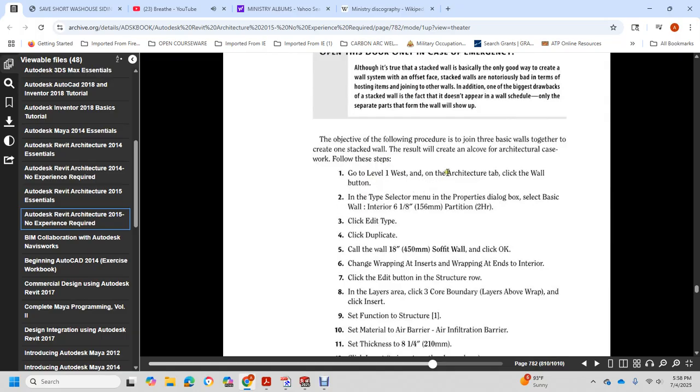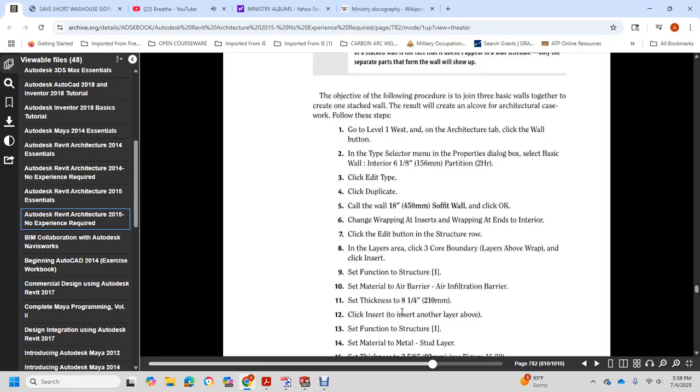Go to level 1 west, architectural tab, wall button, selector with the property dialog box, wall interior 6 1/8 of an inch, edit type, duplicate, wall 18 inches. Click on wrapping and insert with the wrapping ends of the interior with the edit button. Structural row layer area. Click 3 core boundary layers above the wrap and click insert,